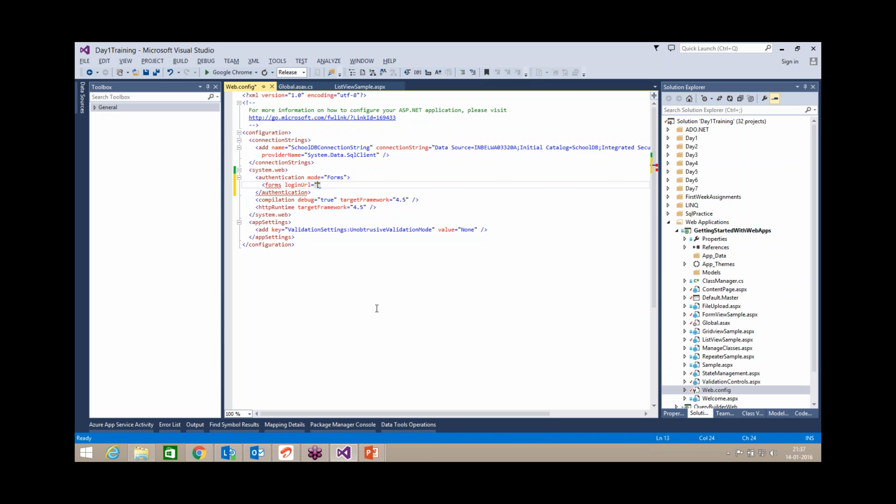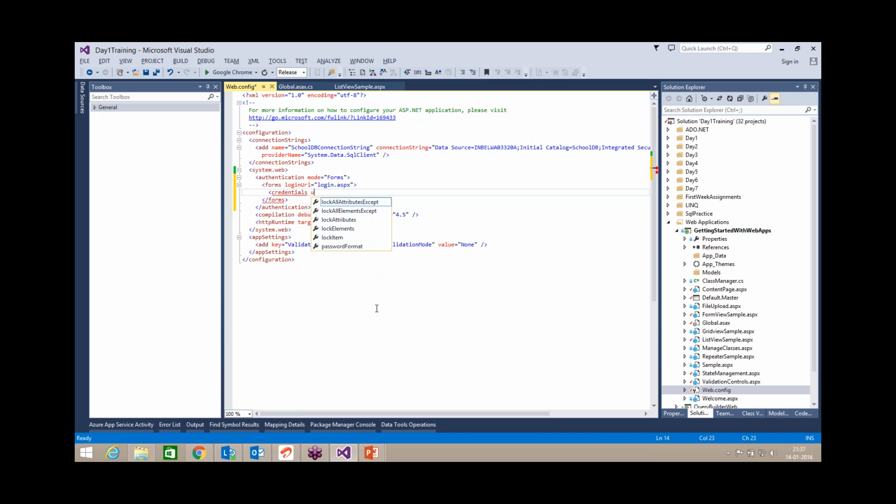By the time your application times out, that session timeout happens, by default your forms authentication will redirect to the login URL whatever you mentioned here. Okay, login.aspx. In this login.aspx page you might be developing your login functionality,